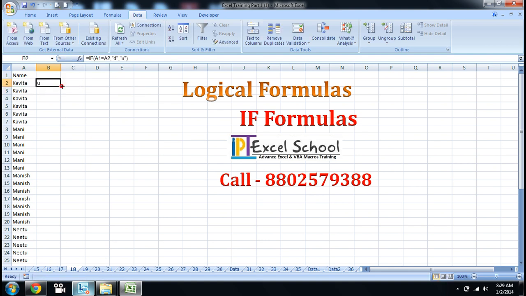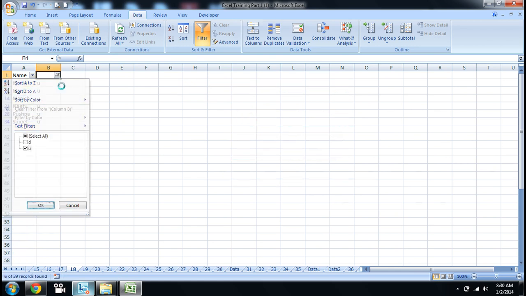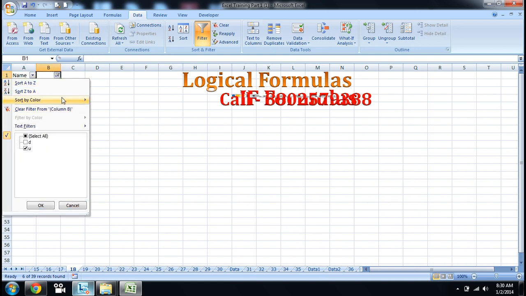We just drag our formula, we apply filter here and select the unique ones. See, it is a unique list which I can copy and paste where it will be required.